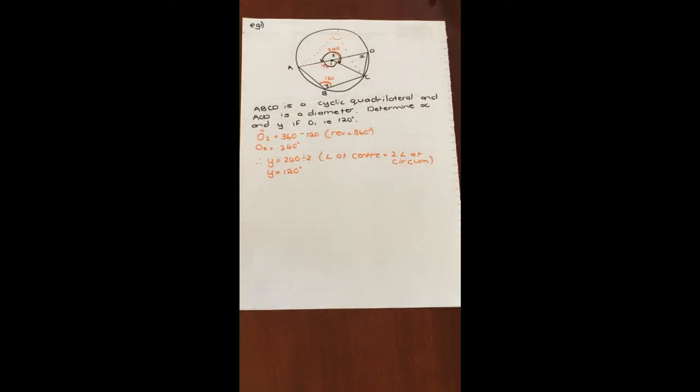Okay, now we still need to calculate X, and this is where this piece of information is useful. ABCD is a cyclic quadrilateral, and we know one of the properties is that the opposite angles are supplementary. So we know they add up to 180. So therefore we can say,